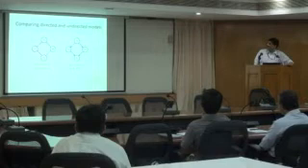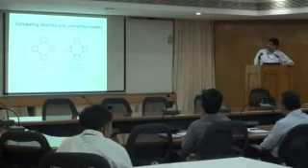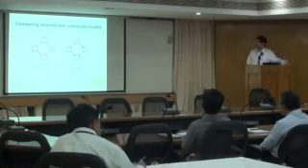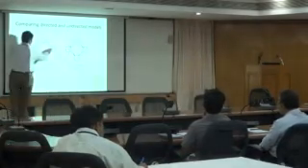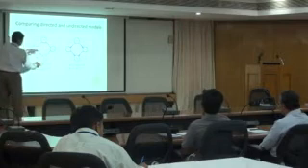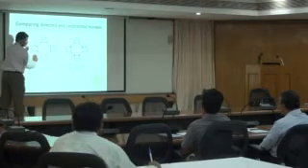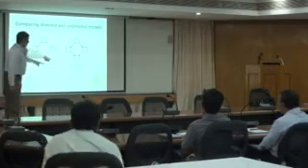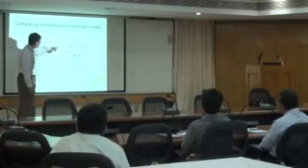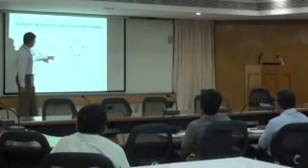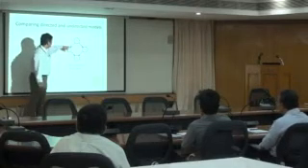On the left side, it is undirected. So x1 is independent of x4 if you give me x2 and x3. If you give me these two values, then these two are independent. In this case, x1 and x4 are independent given x2, x3. x2 and x3 are independent given x1.